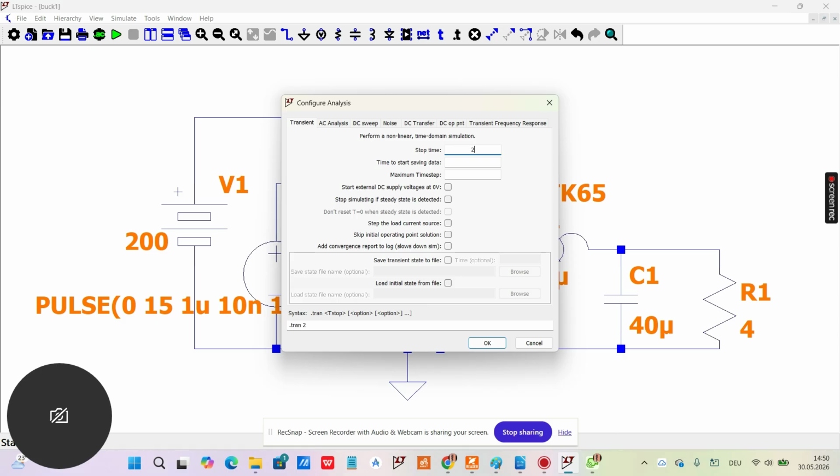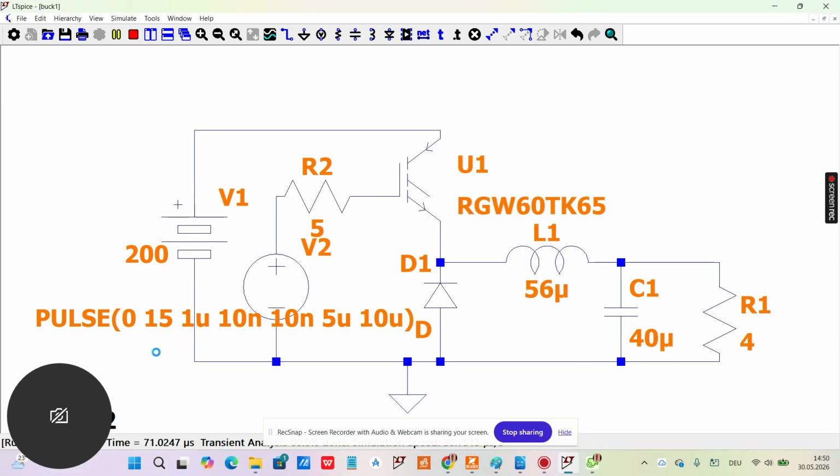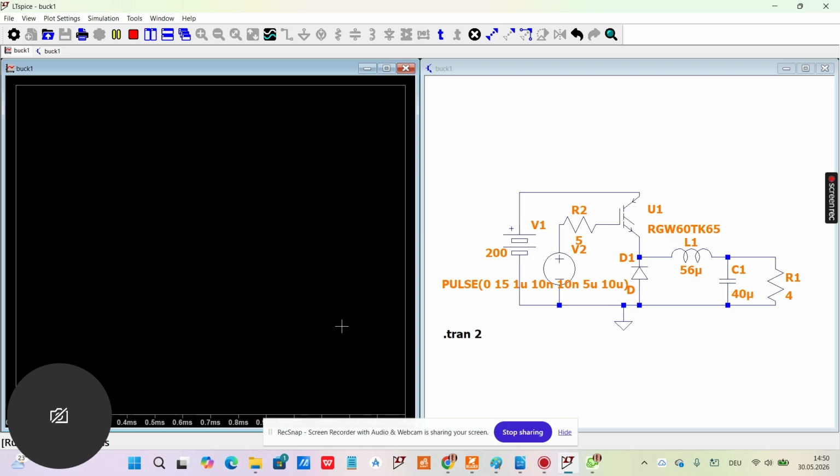So let's put 2, .tran 2 will appear here. And when you click OK, this will appear on your simulation. And then you have the output